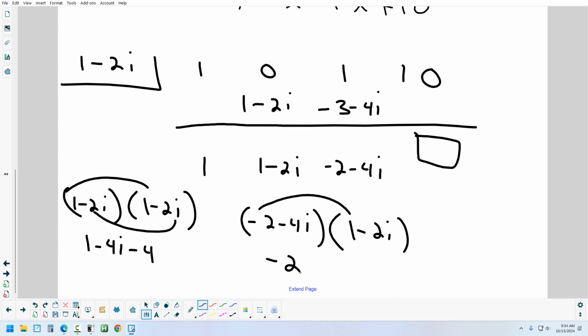So I don't have any i's in the middle. What's negative 4i times negative 2i? That's going to be 8i squared, which is what number? That I squared is going to change that number. Negative 8. And what's negative 2 minus 8? Negative 10. Add that last column. Oh, that's crazy. 0. So we just proved that 1 minus 2i is a root of the original problem,